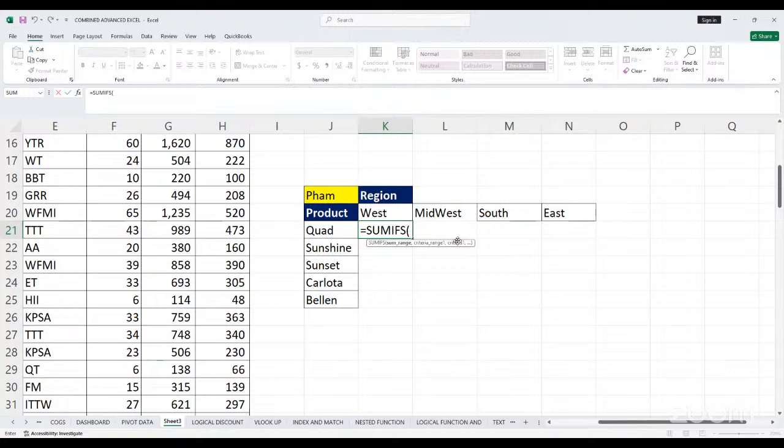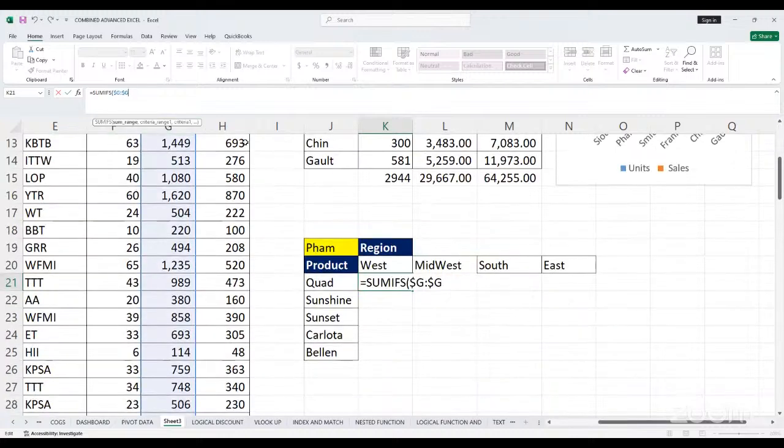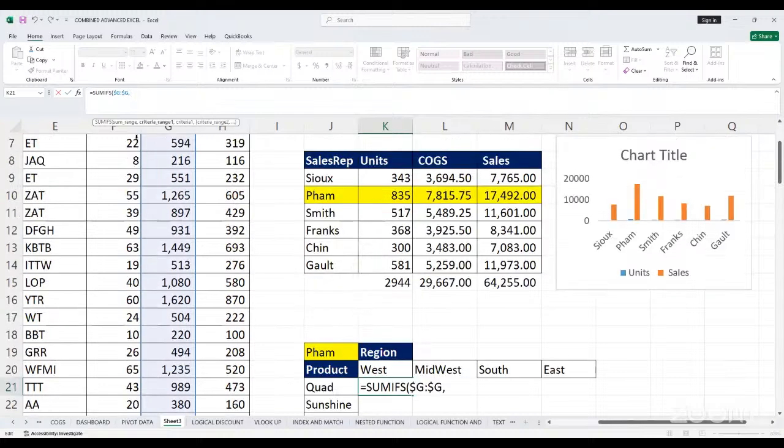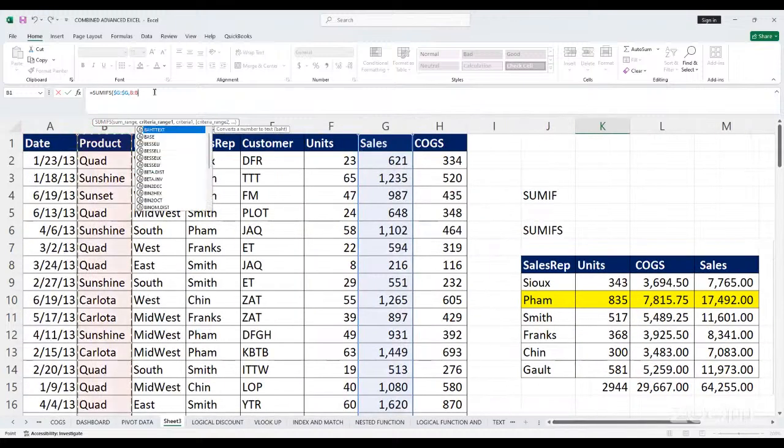So we'll have to sum the sales. So we'll set our sum range will be our sales. Locked that, F4, comma, and then it asks you your criteria 1. So our criteria 1, we can go by the product, right? Yes. Let's go with the product. So we will say, you will say product, that is our first criteria range, locked that,